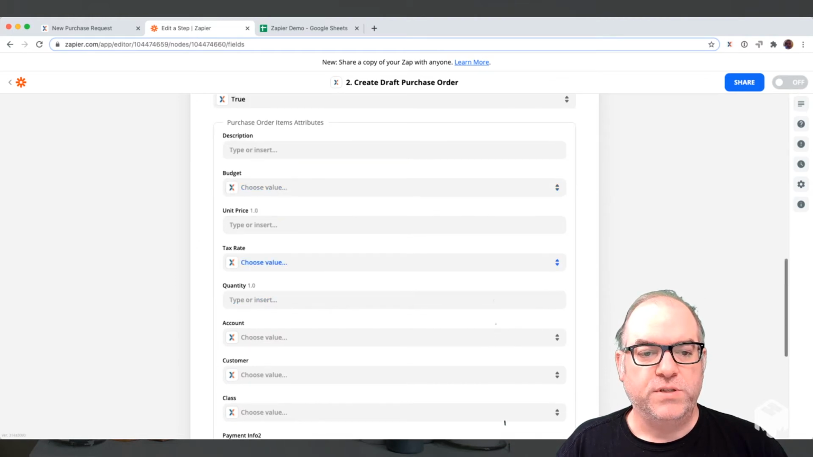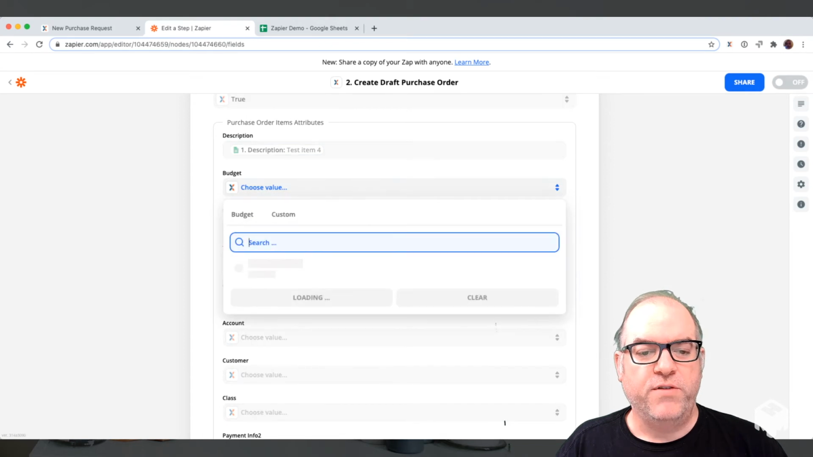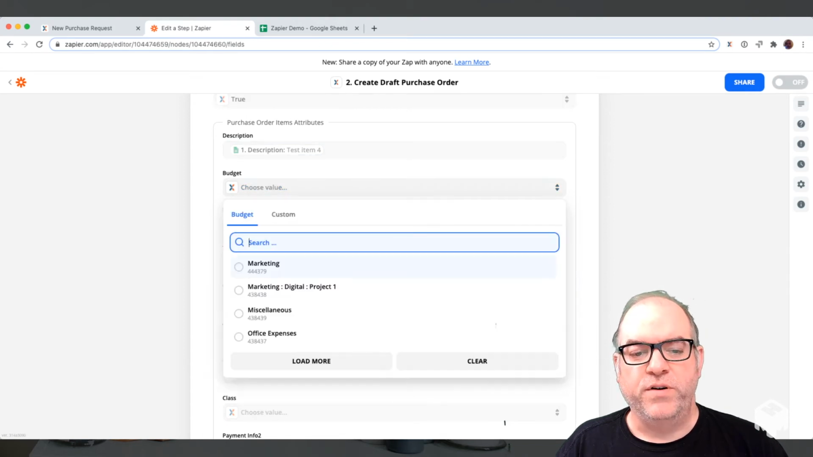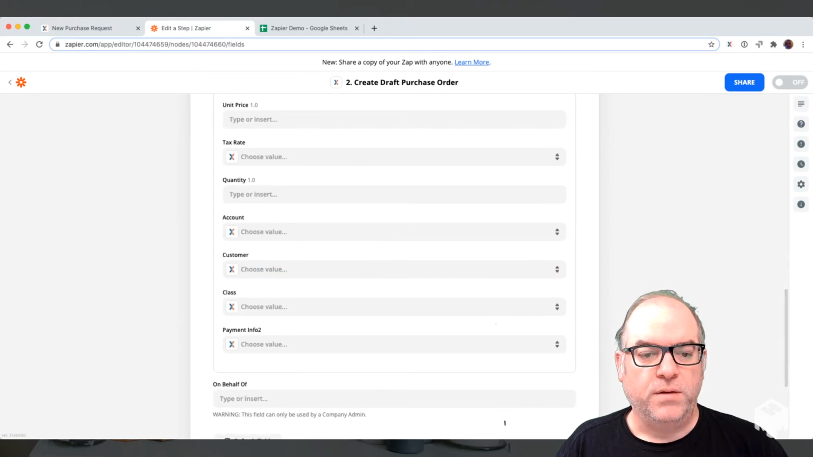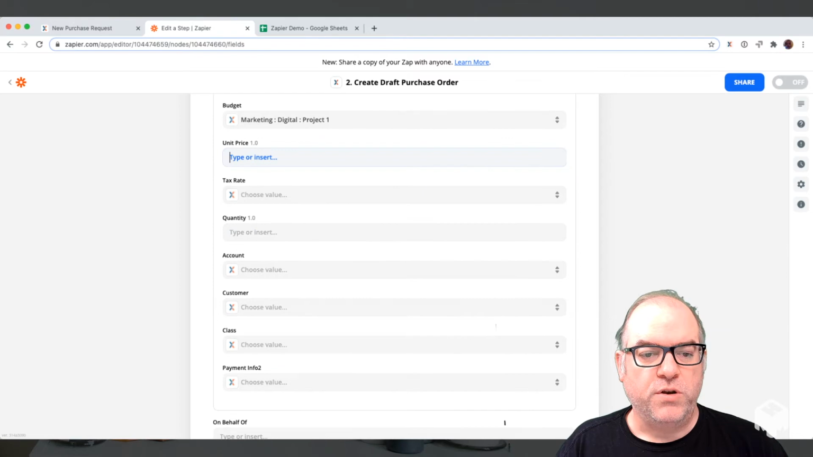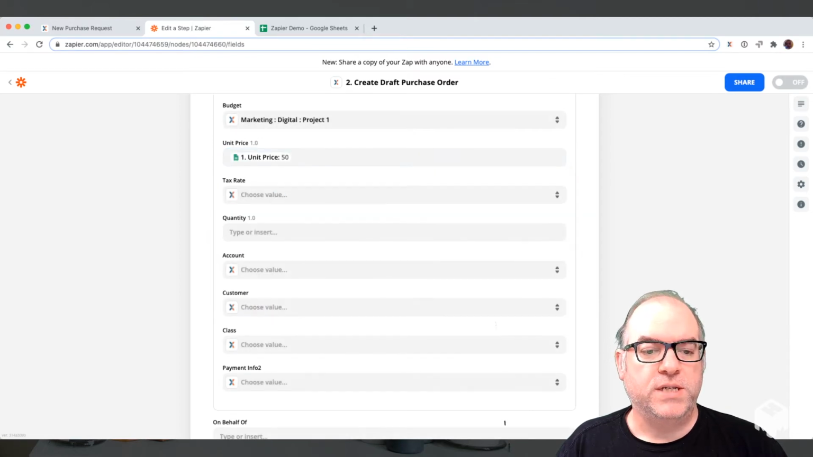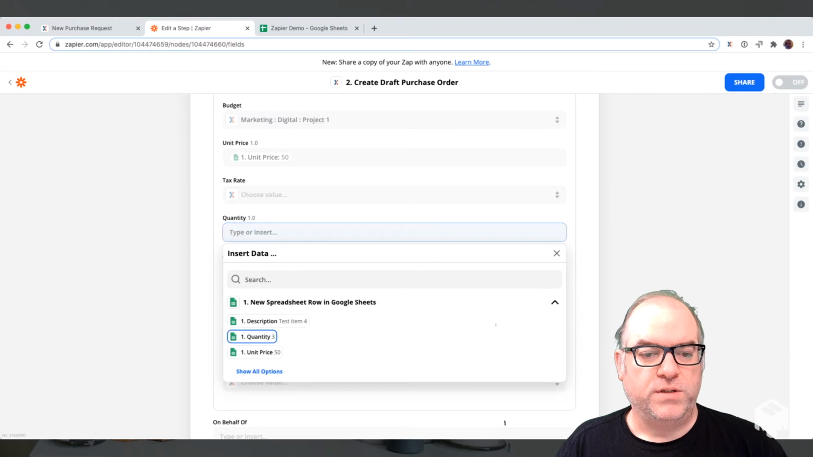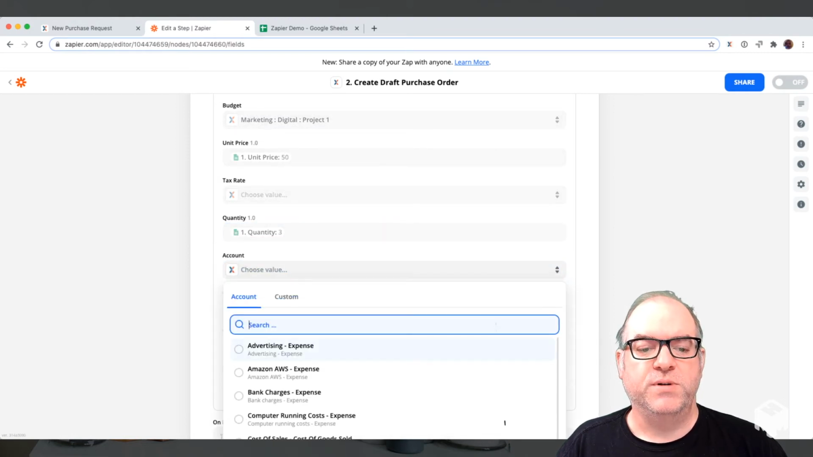And for these fields, so this is for the purchase order item details, we're going to choose description, test item 4, and put in all the details that we've got. And for everything else, we're going to choose some defaults, but if you had them in a sheet, you could put them in as well. So unit price, we have that. We have the quantity 3, and we're going to choose some defaults for these ones as well,